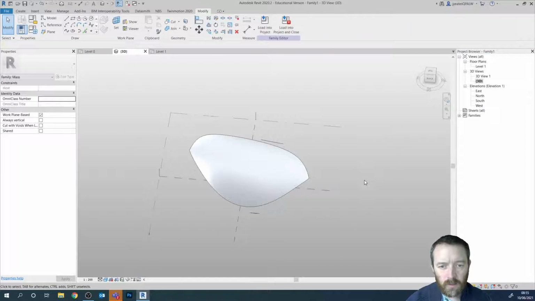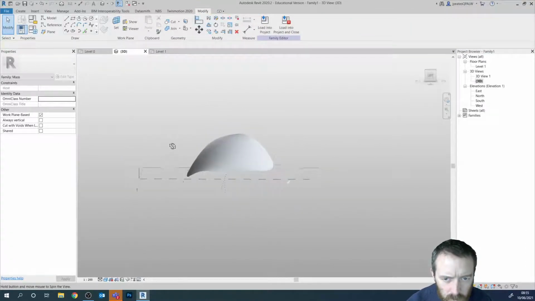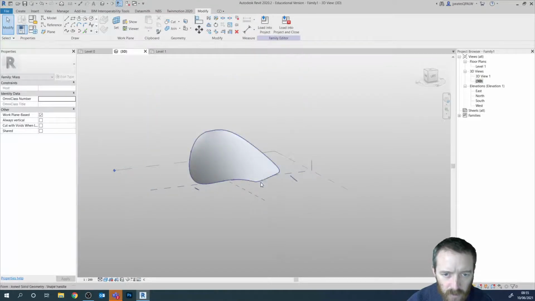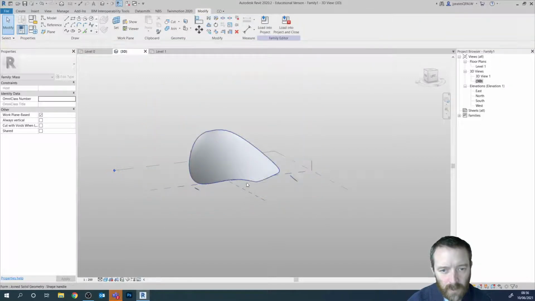Press the tick. Okay, so we've still got a slight little bit there, I think, because the mass actually goes lower. So I might change the height of the mass. Let's do that. So I press the tab key,